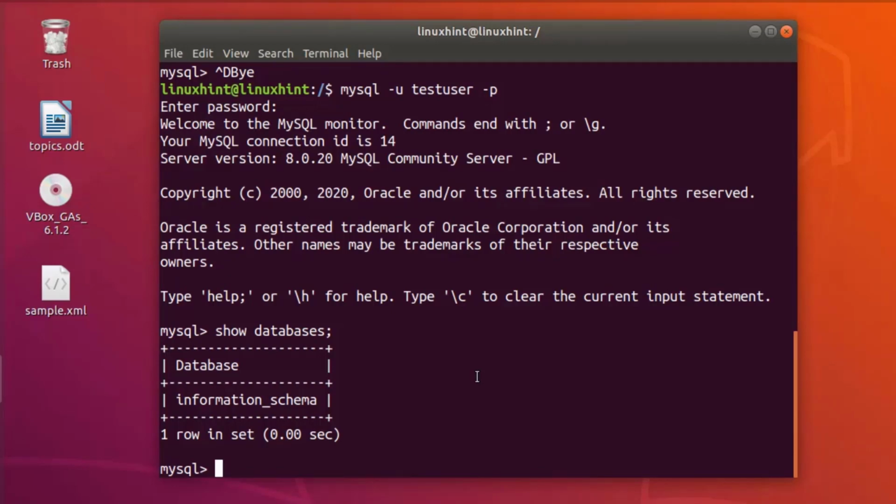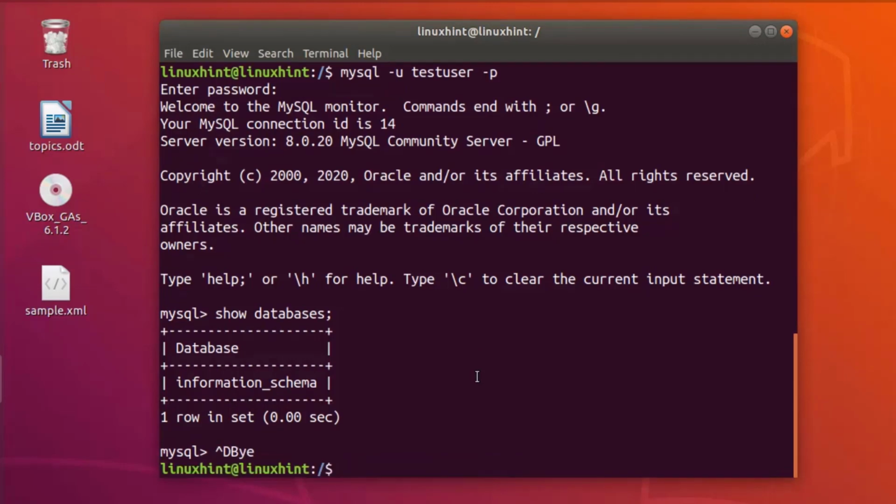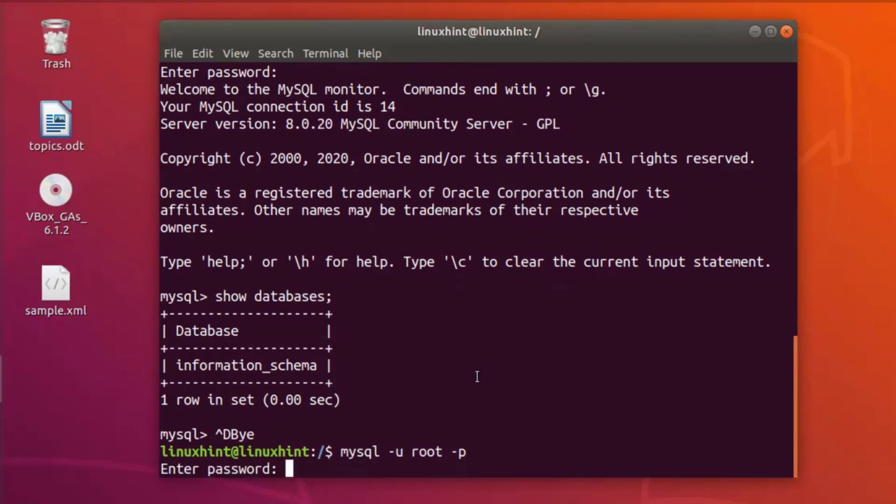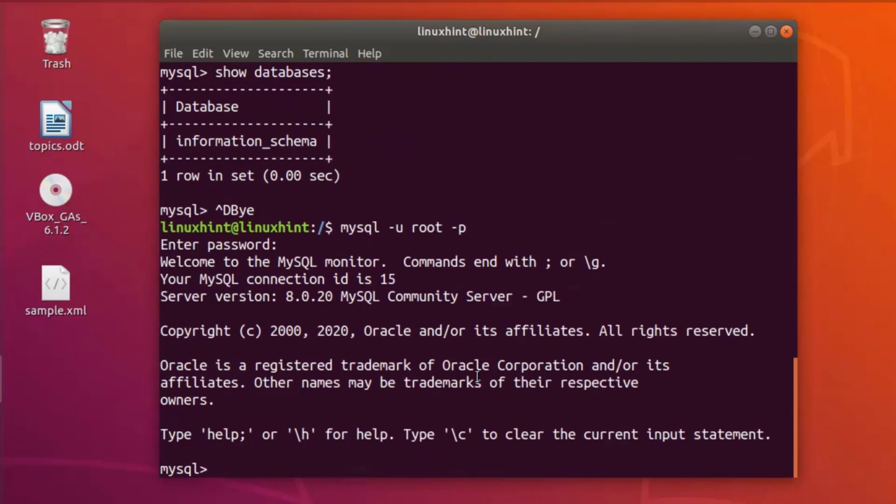So whenever you have to grant the privileges to a specific user, you have to open your root account: mysql -u root -p. Alright, now the root account is activated. Whenever you have to grant privileges, you have to write on your terminal GRANT. And if you want to grant all the privileges, then write here ALL PRIVILEGES